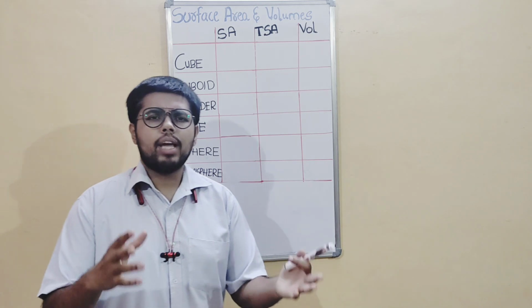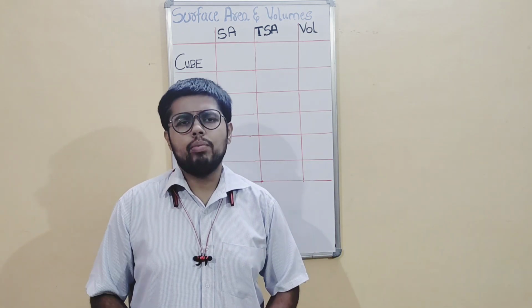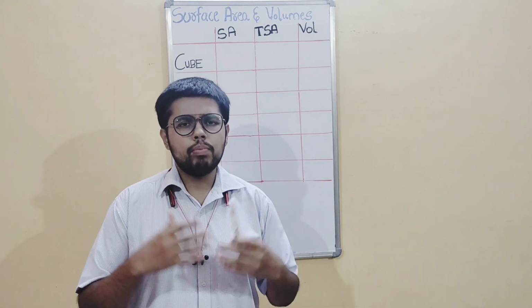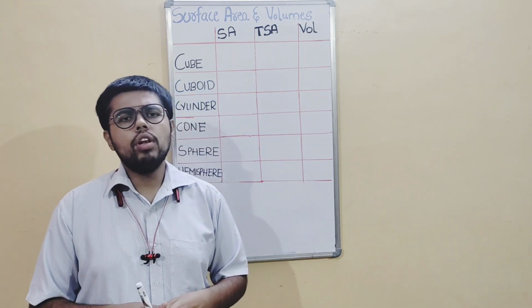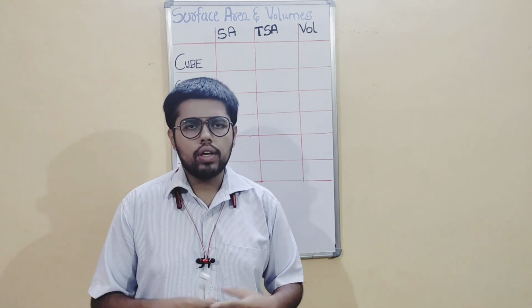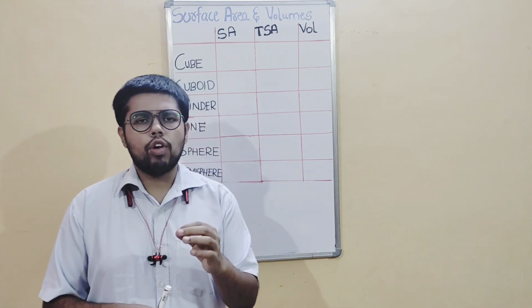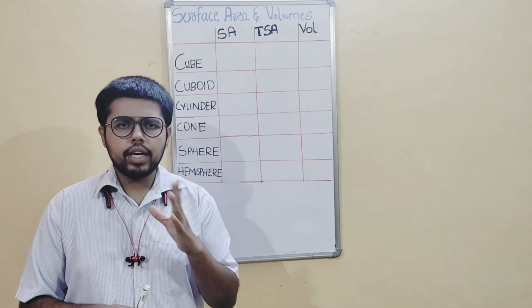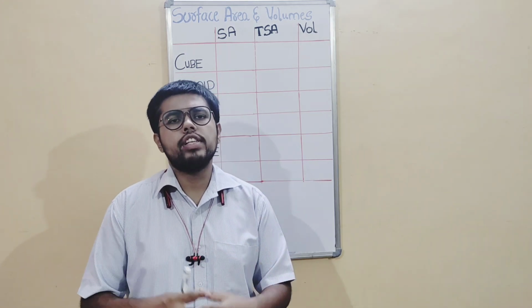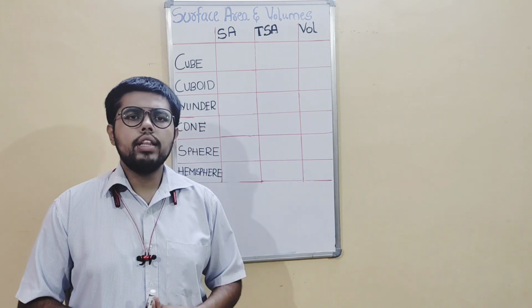We know most of the time we tend to by-heart these formulas. By by-hearting, what will happen? We can't attempt the questions. When we by-heart, most of the time we will not think how to apply the formula. So most of the time we go wrong. So here I will teach you this formula in such a way that you can remember it and also apply it in your problems. Because most of the surface area and volume problems are in word format.